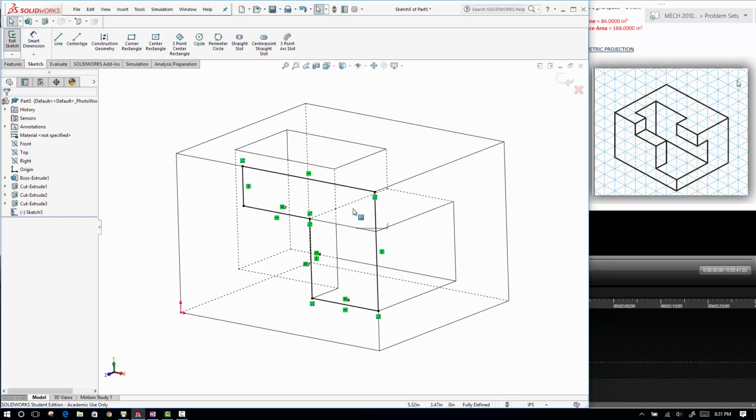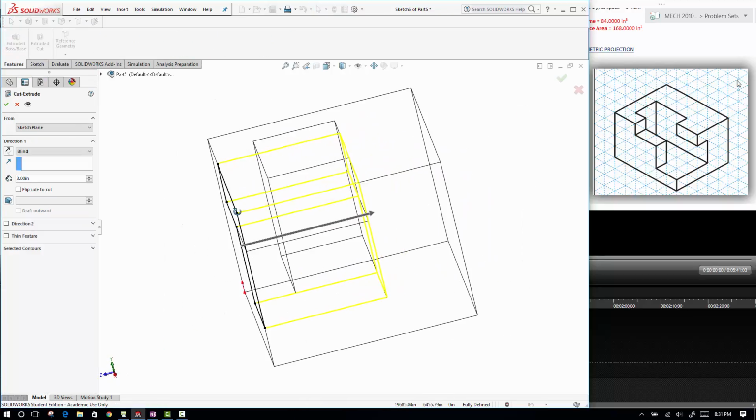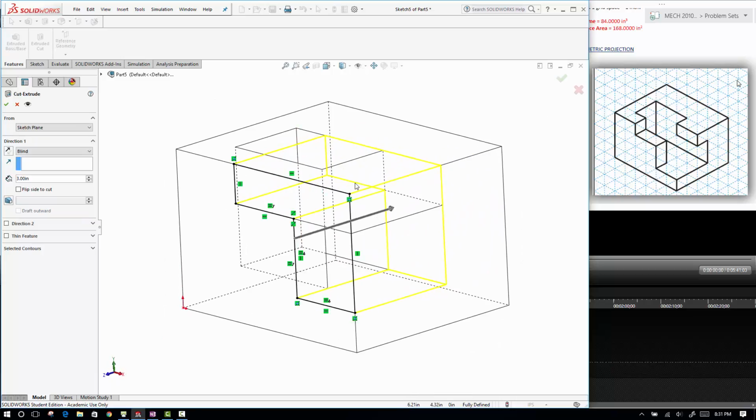Now, here's where I might run into an issue. Let's see what's going to happen. So I'm going to go Features, Extruded Cut, and the depth I need to go up to is, well, if I went up, let me show you. If I go up just to a distance of 1, I think this is going to give me an error. So if I try to go back to a distance of 1 and say OK,